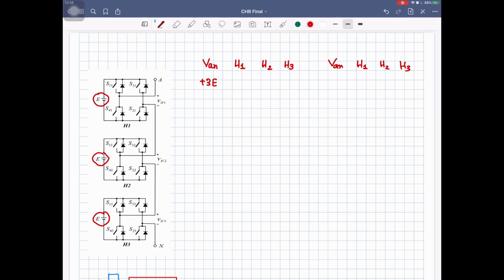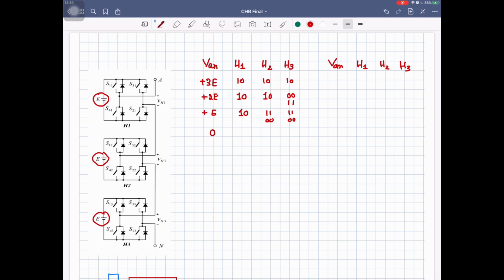So what will be the switching code? 1 0 for the first inverter, 1 0 for the second inverter, 1 0 for the third inverter, you will get plus 3E. Then you can get plus 2E. How to get plus 2E? Let's suppose 1 0 in the first inverter, 1 0 in the second inverter, and 0 0 or 1 1 in the third inverter. Then you can get plus E. Let's suppose 1 0 in the first inverter, and 1 1 or 0 0 in the others, some combination over here. Or you can keep the middle one with plus E and the upper and the lower with 0 0. So there are a number of possible ways to get plus E volt.